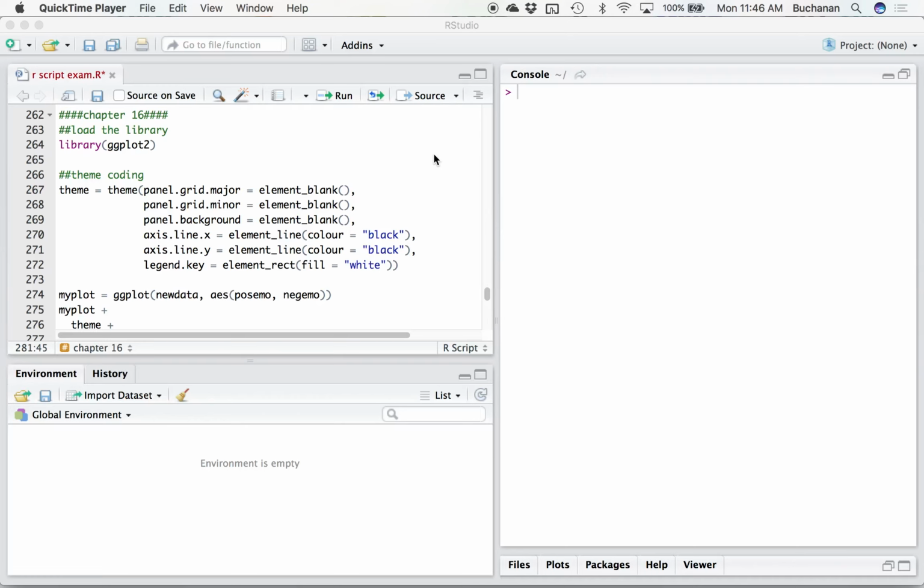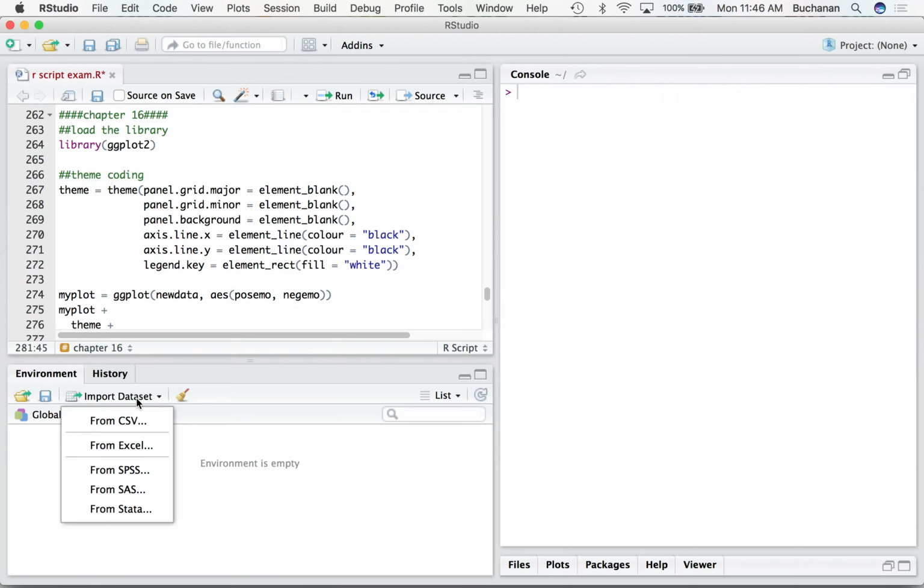Alright, so in this video we're going to cover chapter 16 examples from Nolan and Heinzen, the 6-step procedure, which is regression. So we're going to do both a simple regression and a multiple regression to kind of cover